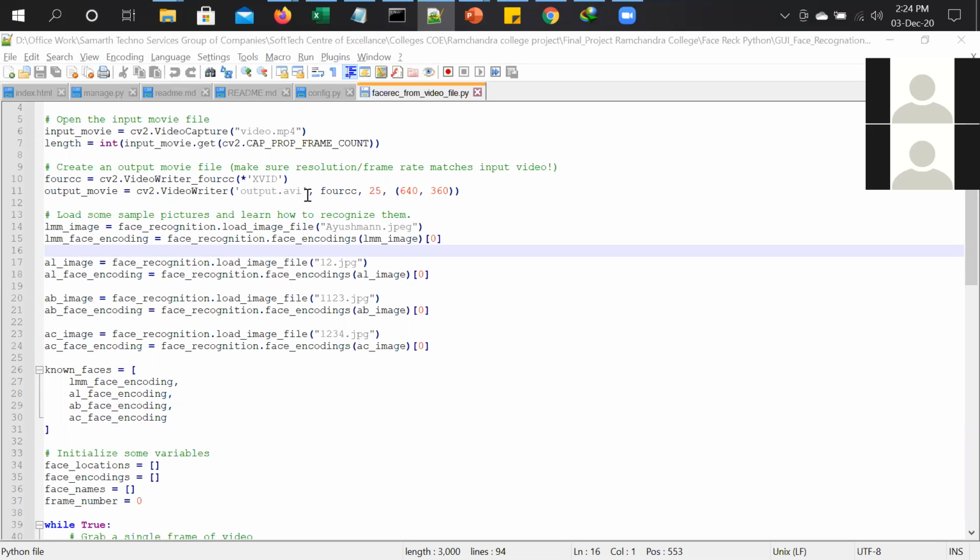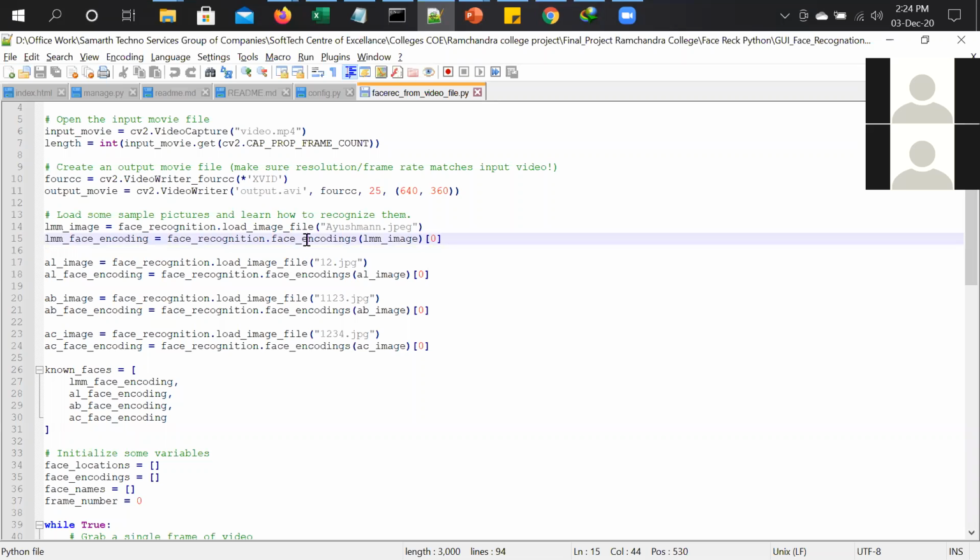So this is the code for it. Now you will be thinking, why am I showing this code? Are we having any questions? Because I'm not able to see this.